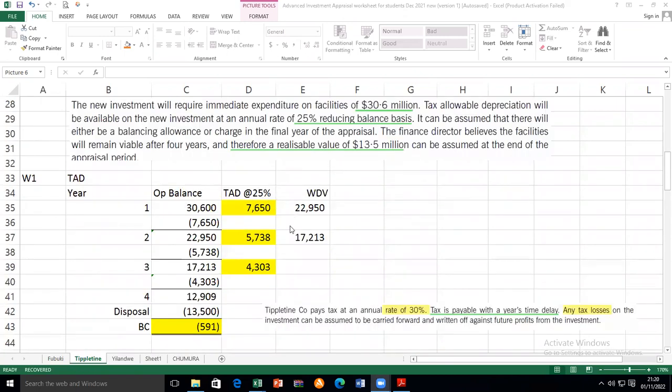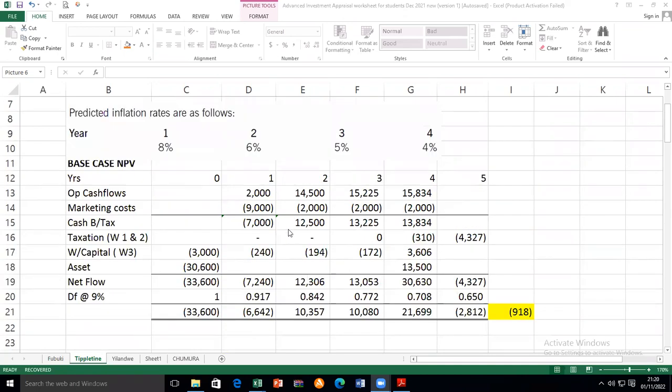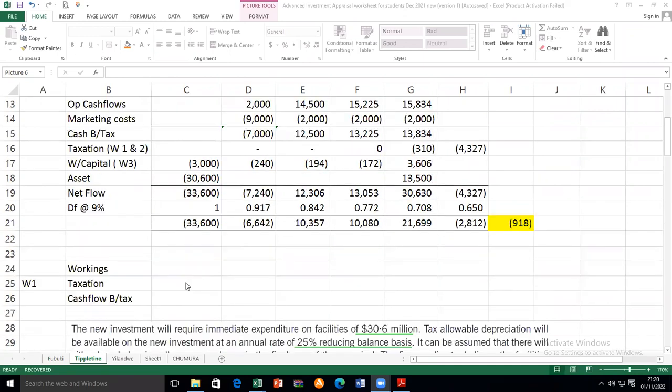So here we are. These are the figures here. And the asset cost is 36 and 13.5. Beyond this, what is it that we need now? This is now what the marker will be looking for. Let's just break this